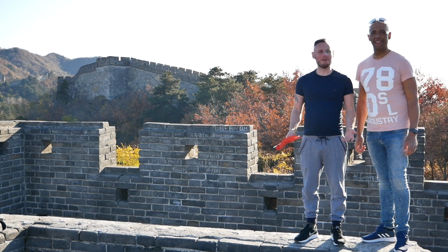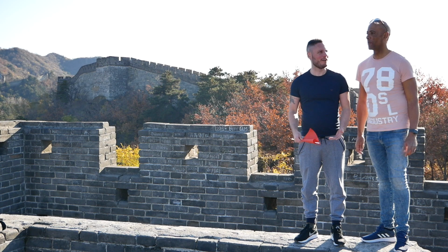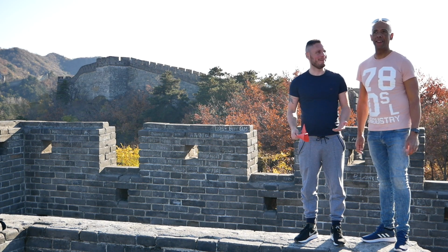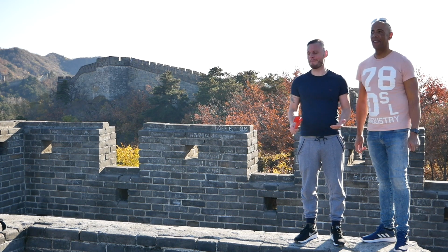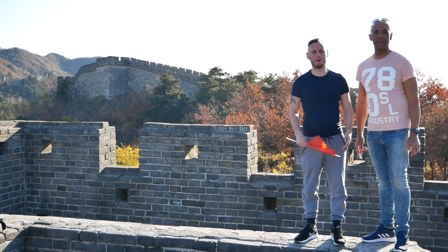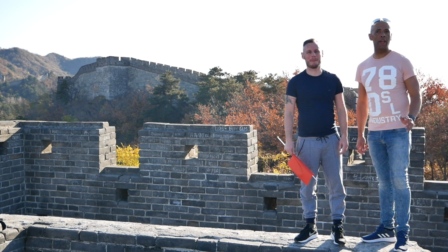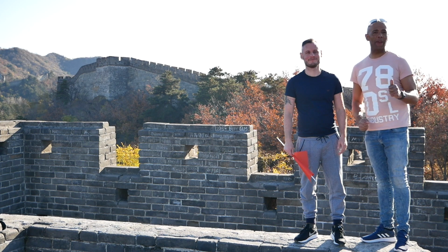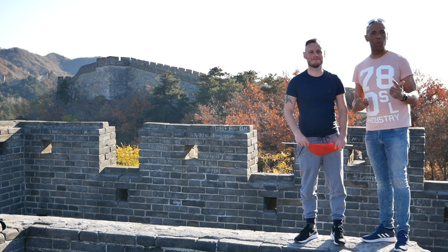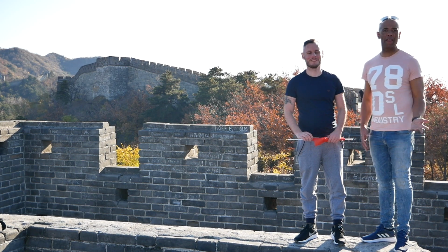Wow, the views up here are amazing. It's everything we kind of hoped for. The weather's amazing, the views are breathtaking, and so is the scenery. It's just amazing to be in one of the wonders of the world. It is absolutely breathtaking, and never in my wildest dreams, A, did I expect ever to be on the Great Wall of China, B, for the weather to have been blessed with such beautiful weather, and it's absolutely, I wish